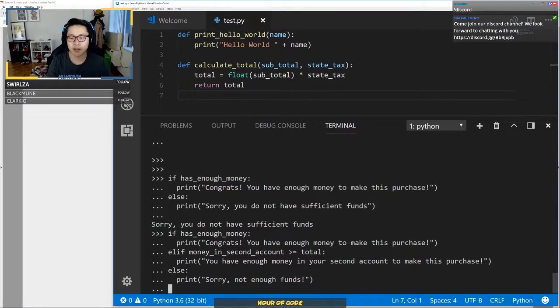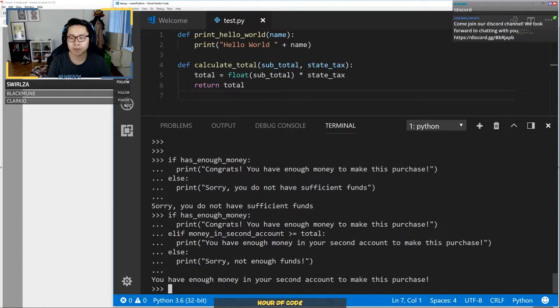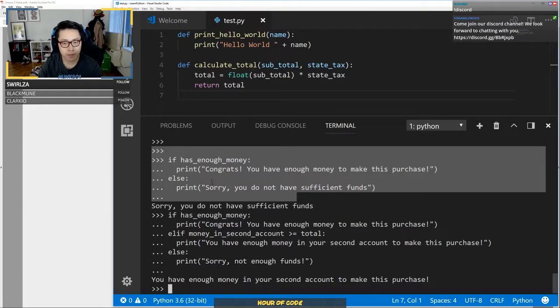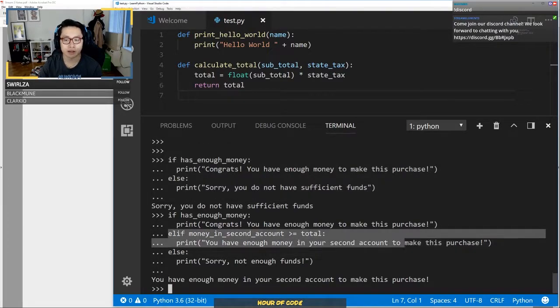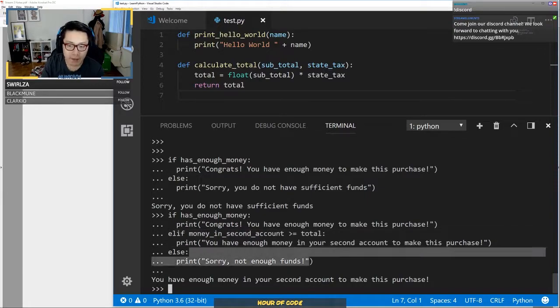So if I hit this, now if you look at the printout of what I had, I didn't fall into this block like I did previously. That's because I added this other else if to check my second account to see if I have enough funds. And if I don't have enough funds in that one, then I can finally say, no, sorry, you don't have enough. So you can assume that this is something where I have multiple bank accounts and I need to check all the bank accounts to see if I have enough to pay off a debt or pay off a